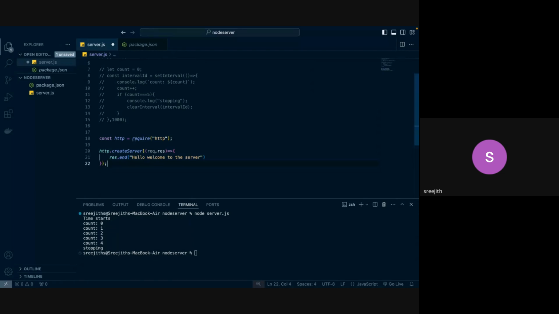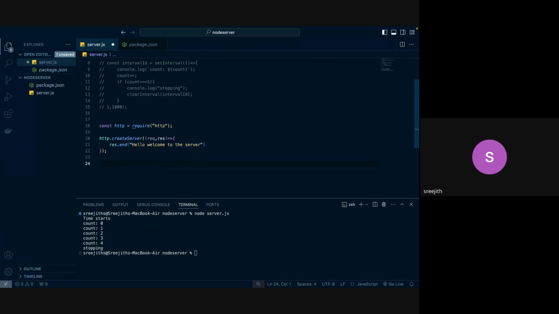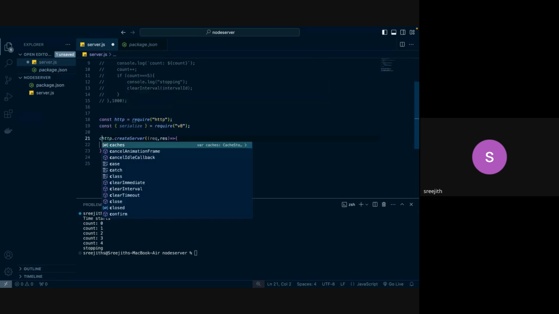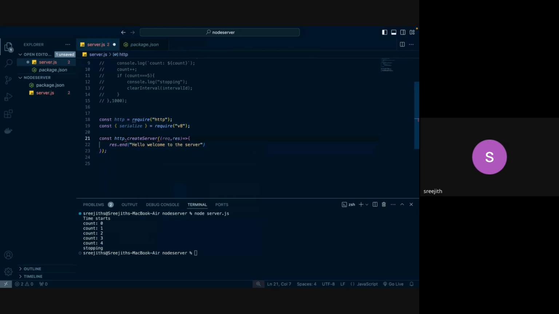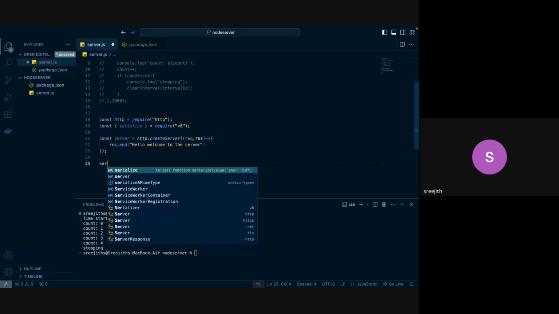Here I simply created a server, but now I need the server to listen on some port. Okay, the thing is, I just created this thing, but I didn't assign it to anything. So I'm going to assign this to a const, which is server, so that we can use it. Then I'm going to call